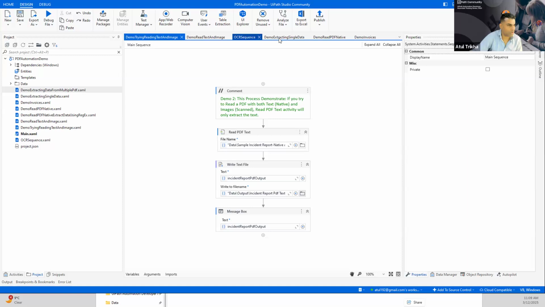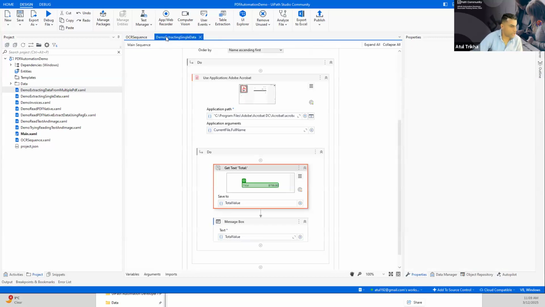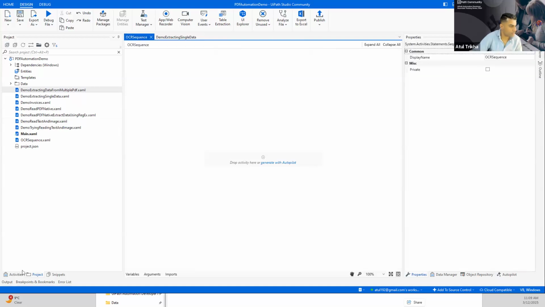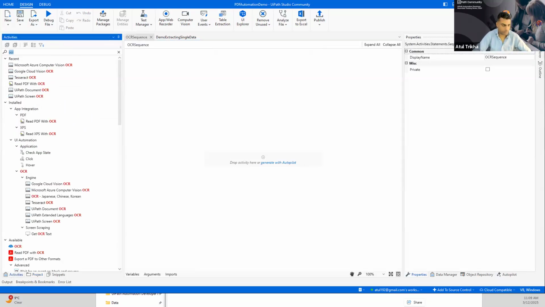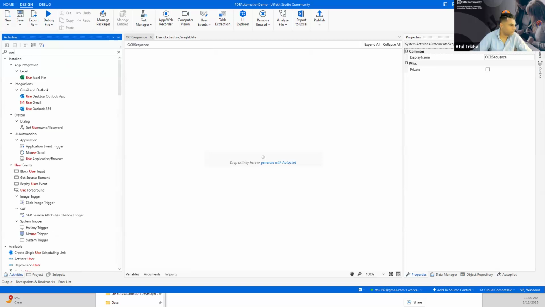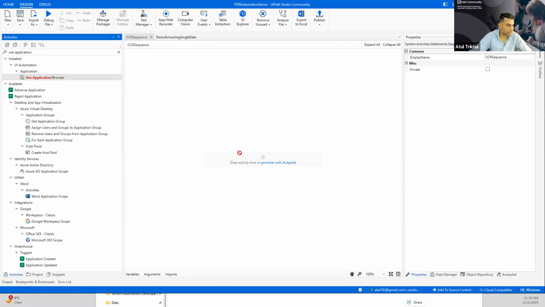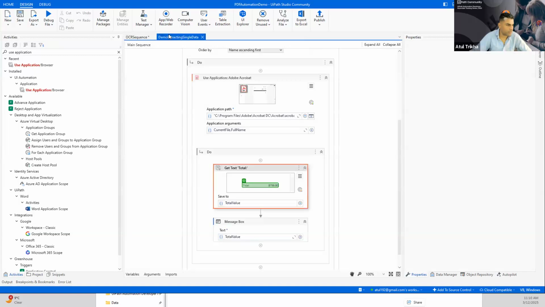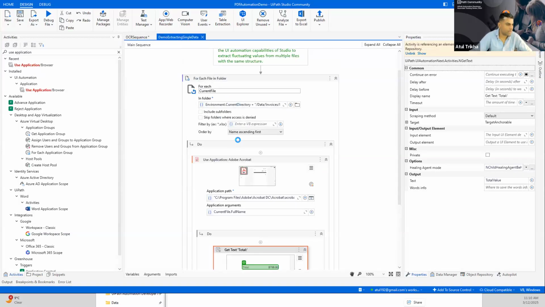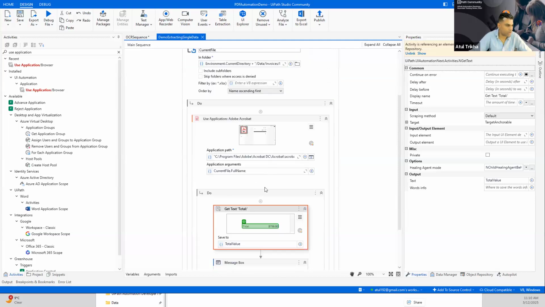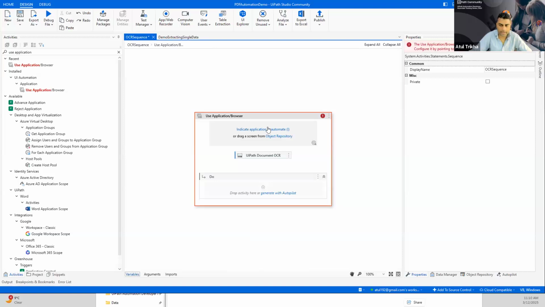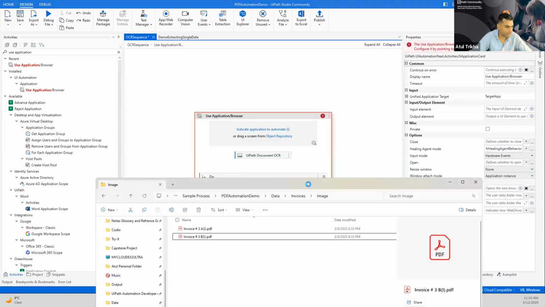in this one, let's close all the other activities, PDF one, invoice one. Okay. So in this one, what we need to do is firstly use the activity, which is the use application. So I'm simply dragging and dropping this activity just to show you what that means. So far, I'm providing for each loop, but I'm just showing you not the complete workflow, but how this activity